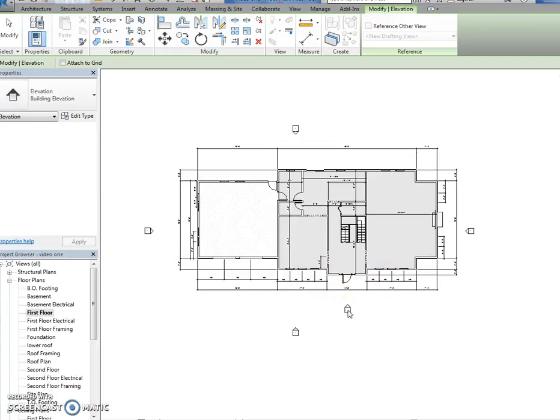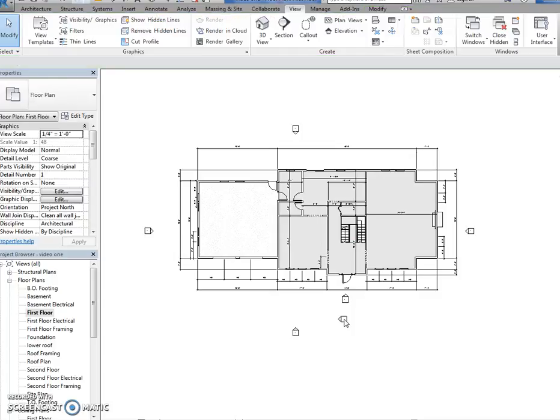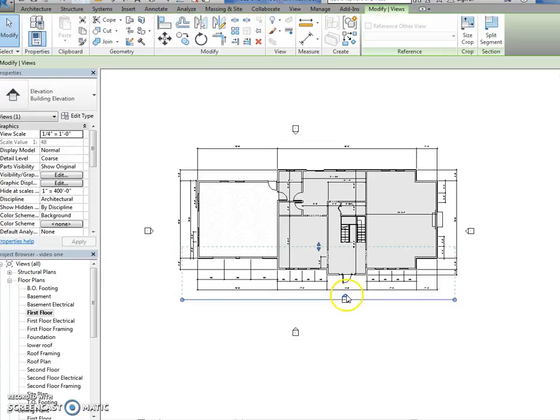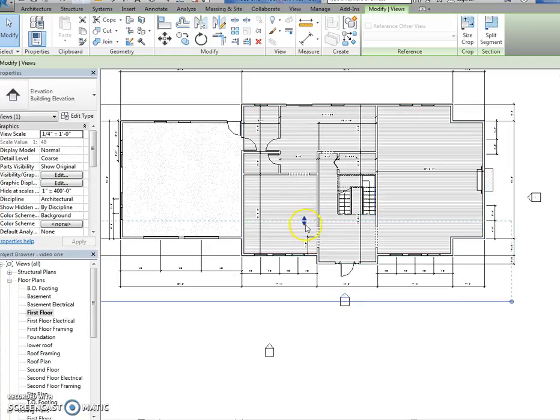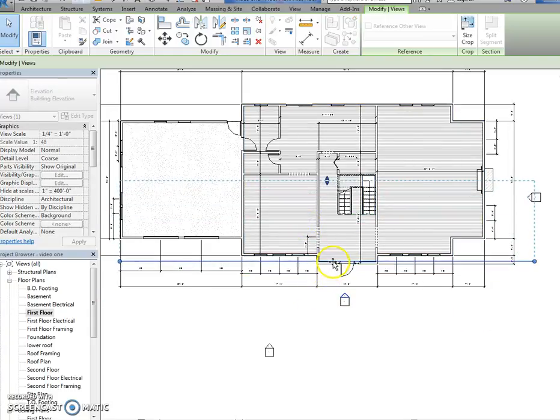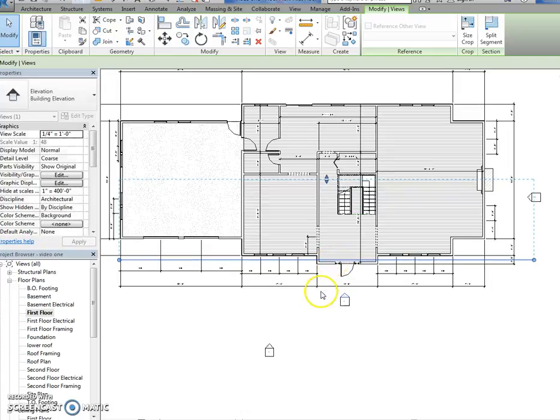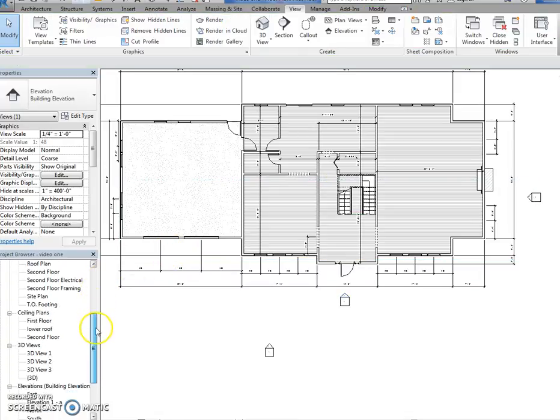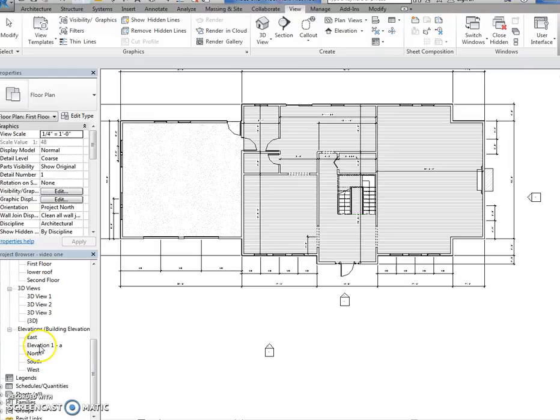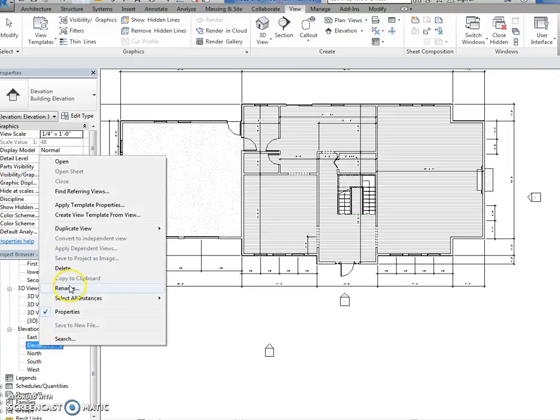We're going to put it right about here. Okay. Now press escape. If you click on this front arrow right here, you'll see how you get this box, and this is movable. So I'm going to move it up to where it's in front of this door right here. Now, scroll down on your project browser. You'll see how you have an elevation 1. I want to right click and rename this